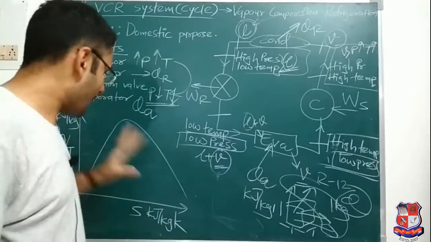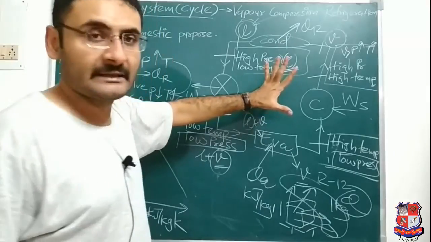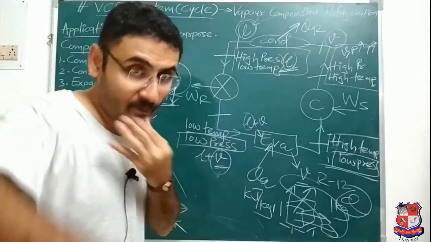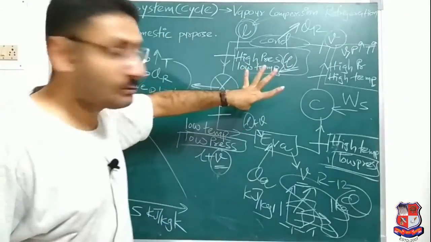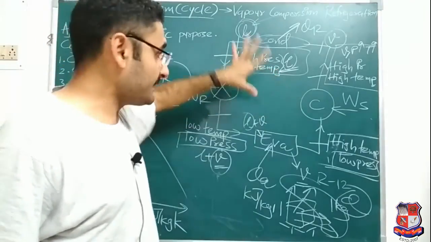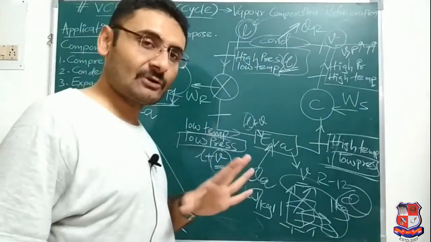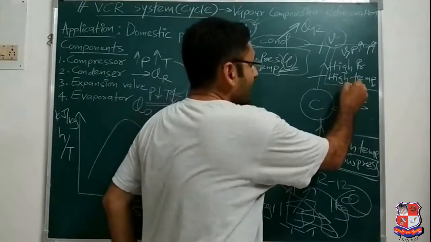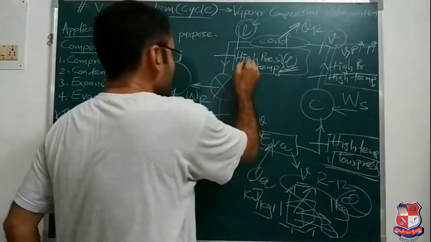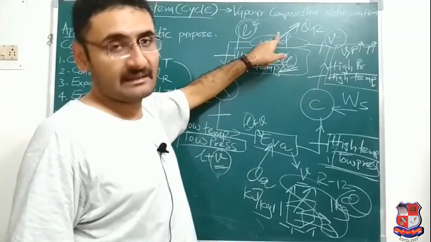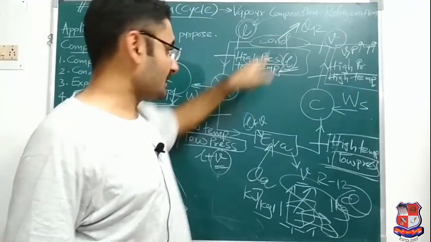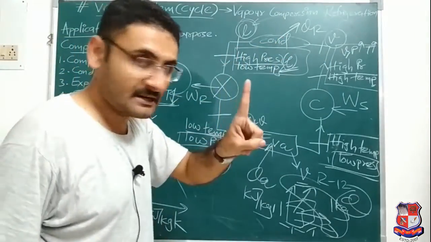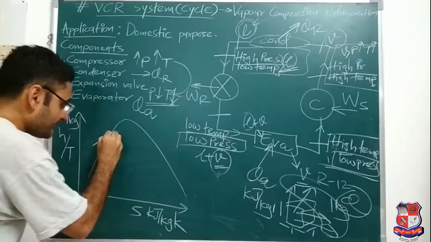Now how will we draw? First of all we have to provide the numbers. How will we provide the numbers? Before providing numbers, among those 4 devices, you just tell me in which 2 devices pressure remains constant. But obviously, over here higher pressure, over here higher pressure. So in the condenser pressure is constant, sure. So first, the constant pressure line I will draw like this.